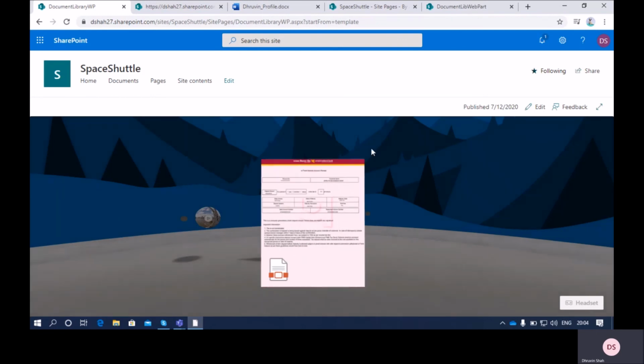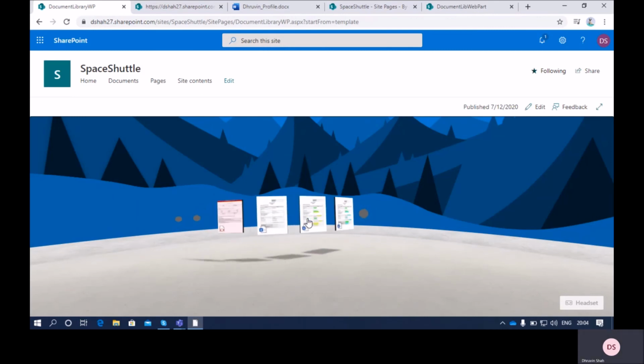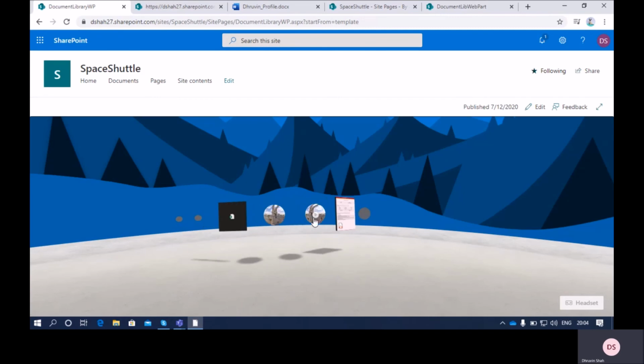This is really amazing. You can just scroll your mouse and it will show other files from your document library. So this is how you can easily configure the SharePoint document library web part in your SharePoint space.